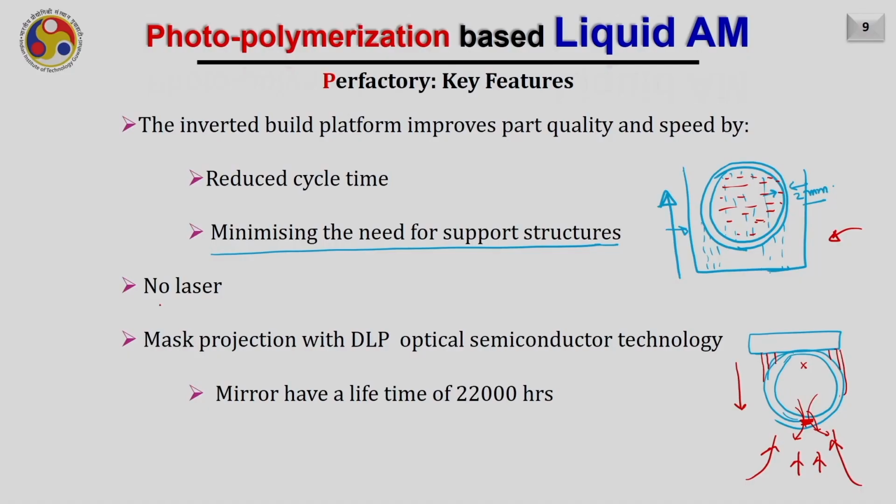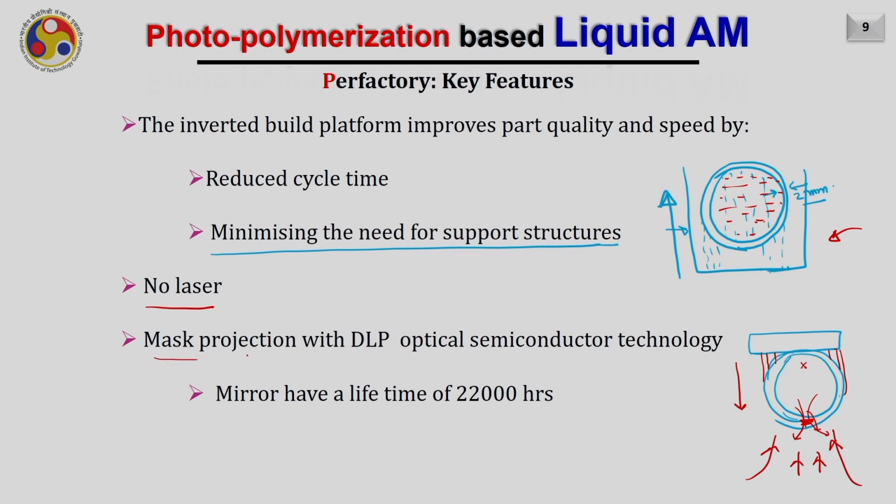Also, another key feature of this process is no laser. Lasers are usually expensive compared to the floodlight because there is a cavity involved in that. We have already discussed the mechanism of laser, which makes the light coherent. However, in our case, when a floodlight is used, it is monochromatic but not coherent, and it is flooded in all the directions.